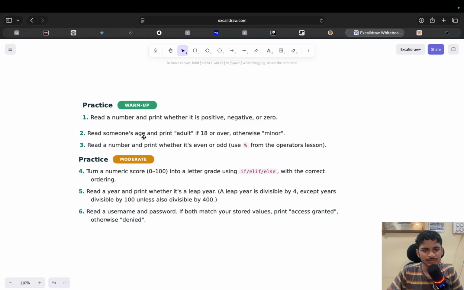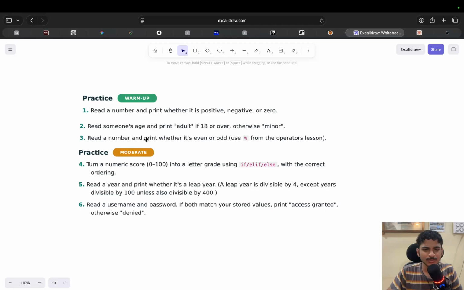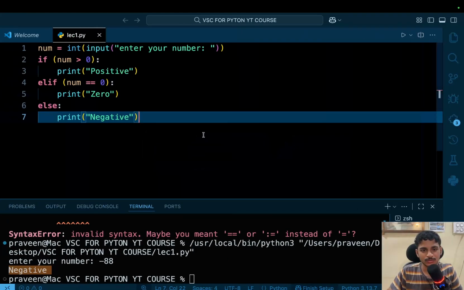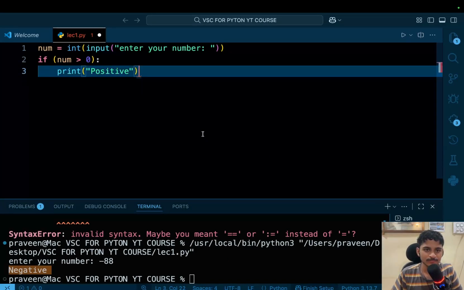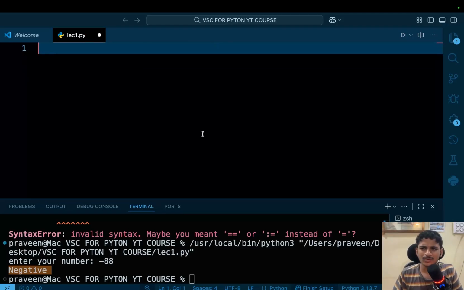So, read someone's age and print adult if 18 or over, and otherwise minor. So we've checked this logic in the voting system one, right? Yeah, read a number and print whether it's even or odd. Use modulo from the operators lesson. Yes, okay, let's do this. So we should check if a number is odd or even. So a number will be either odd or even, right? So we can use one condition in if, and just another one we will just leave it for else, right? So let's check if a number is even, and keep the